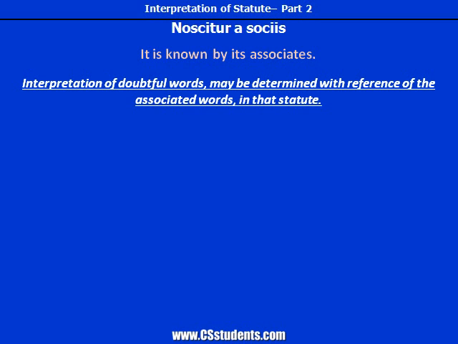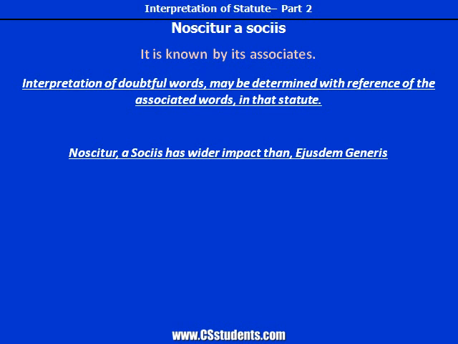Although the rule ejusdem generis also talks about similar principle, its scope is limited to the general word following the specific word. Comparatively, rule of noscitur a sociis would have a wider impact. It would consider all prefixed, suffixed or other words used in the language. This is not a sound principle of interpretation. If the language of statute is clear, then there is no scope to apply this rule.